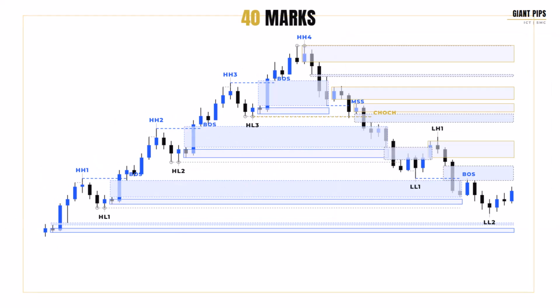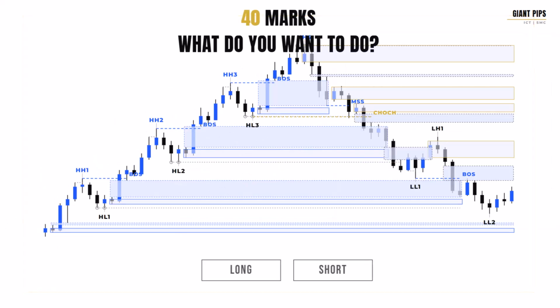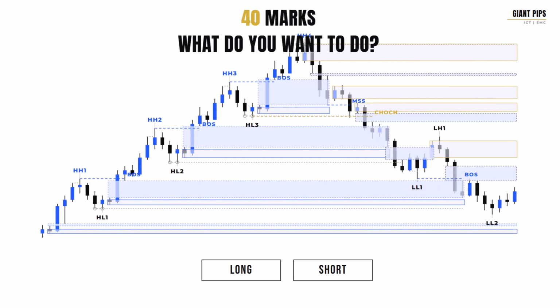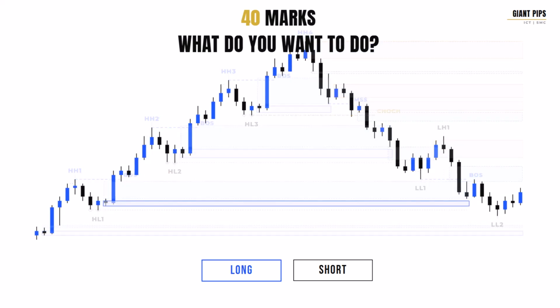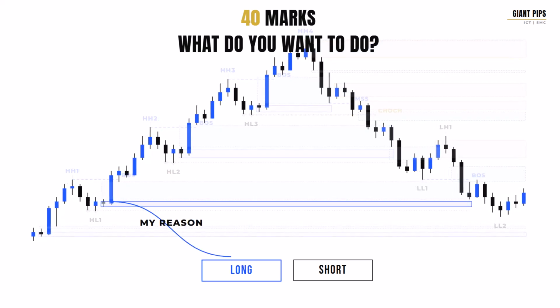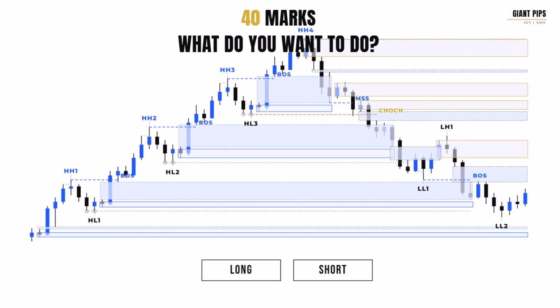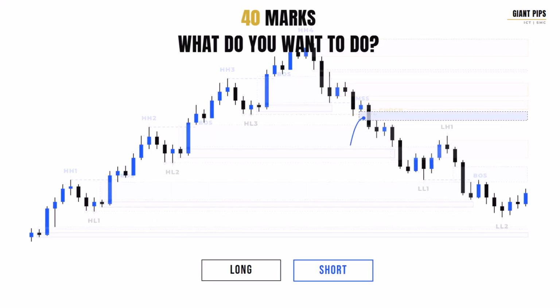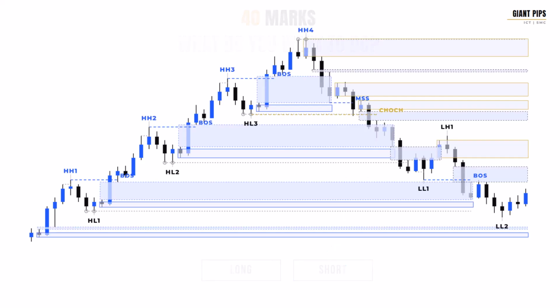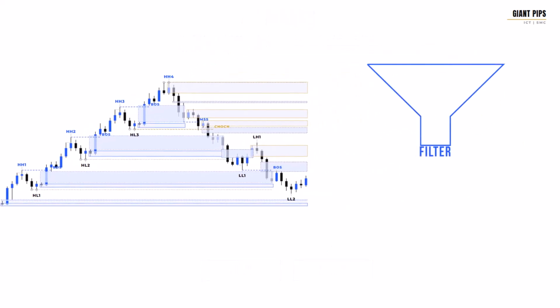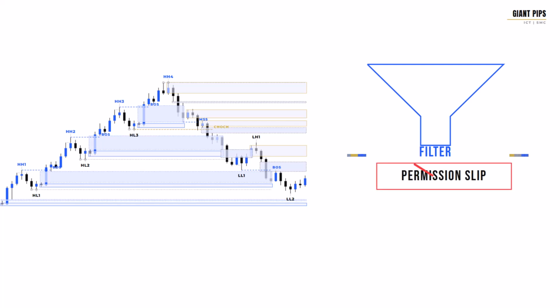A chart with 40 things marked on it will always contain a justification for whatever you already wanted to do. If you wanted to be long, there's a demand zone somewhere in that mess to point at. If you wanted to be short, there's a fair value gap that supports it. The analysis stops being a filter and quietly becomes a permission slip, which is the exact opposite of the job it was supposed to do.